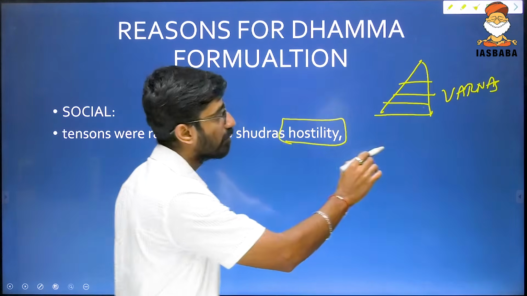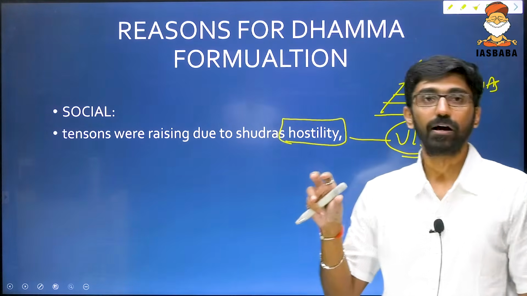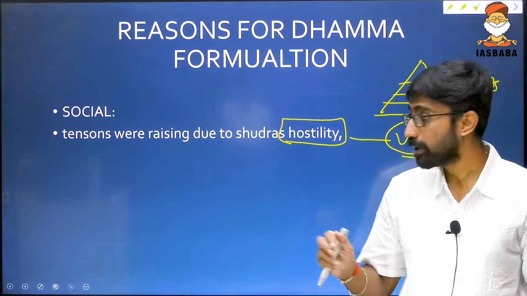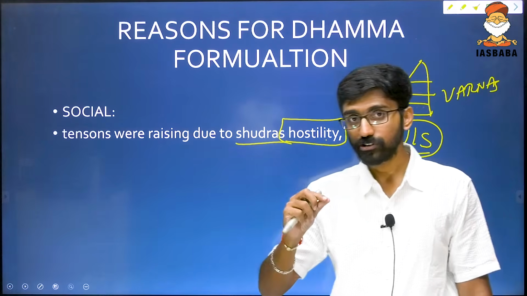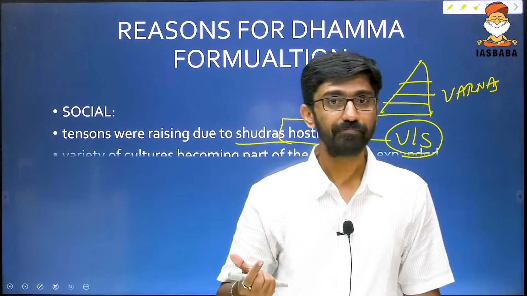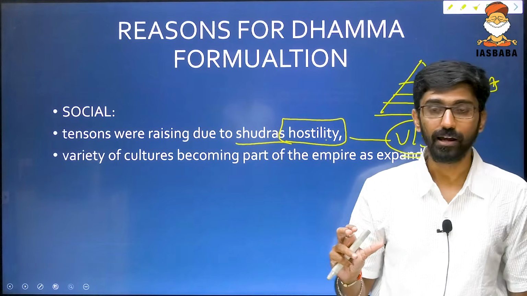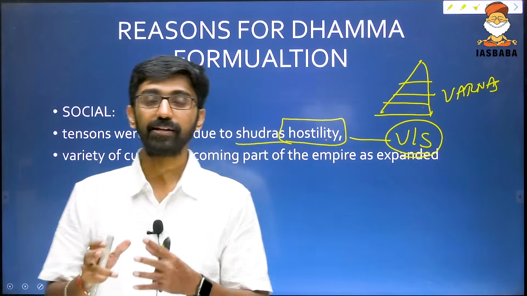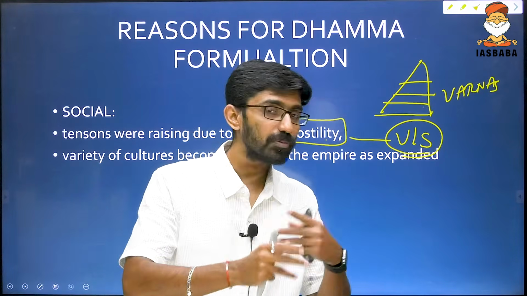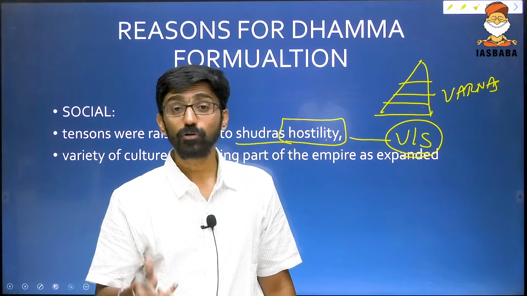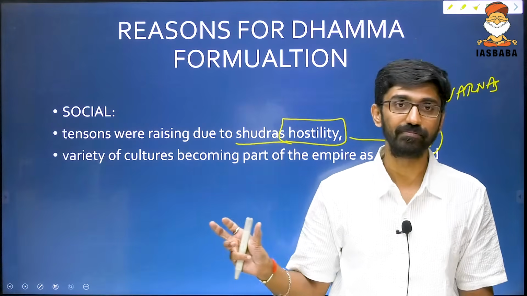Because of this varna system, because of this hierarchy, there was hostility in the society. Hostility means there were conflicts, a conflicting situation during that point of time, particularly the Shudras' hostility towards the upper varnas. Even though the Shudras' position started to improve ever so slightly, at the same time they were not finding respect in their own society, especially in terms of spirituality. They were left behind. The spirituality was becoming more and more materialistic. So they were looking for alternatives, and they found alternatives in new ideologies, that is Buddhism and Jainism.